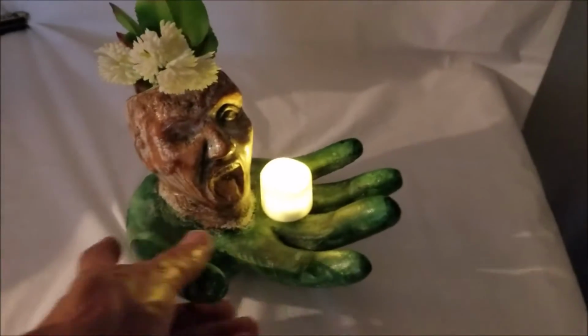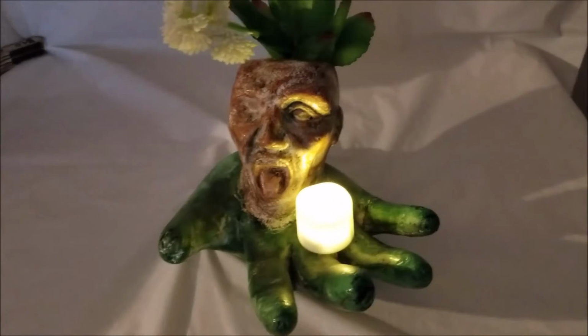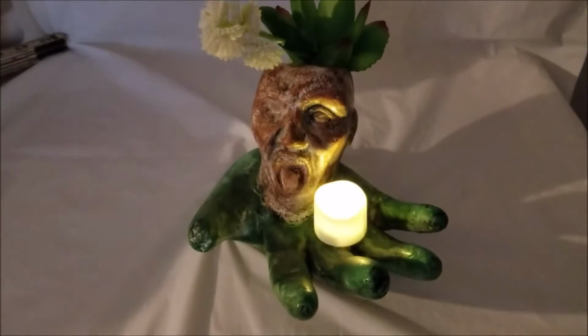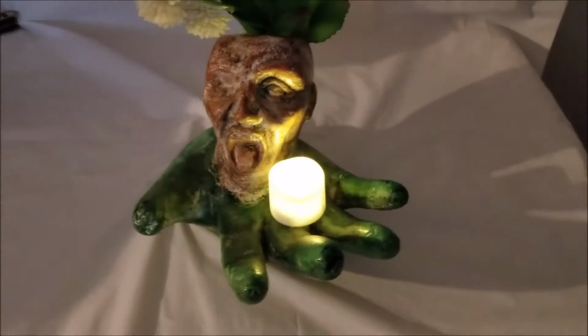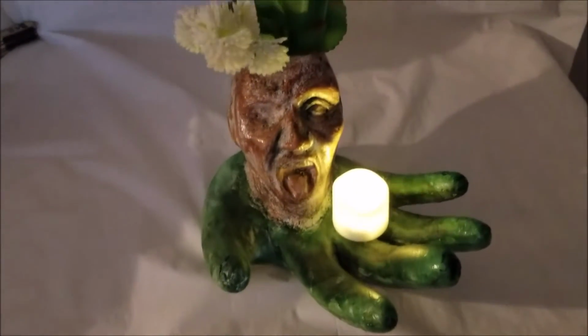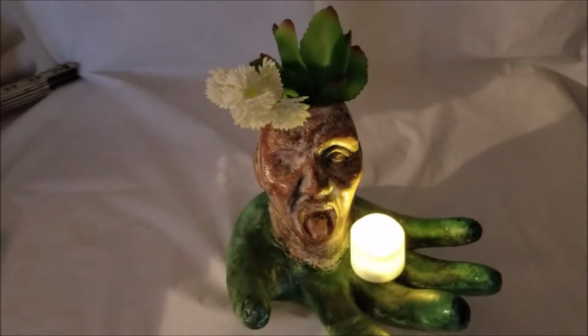But this is another project, experimenting with different types of things to use as molds, that I think turned out fine, just fine. You don't have to buy those expensive $100 rubber molds. You can find stuff to use that works out really well, I think. So anyway,